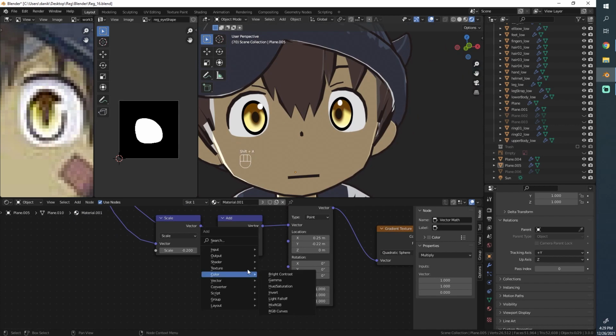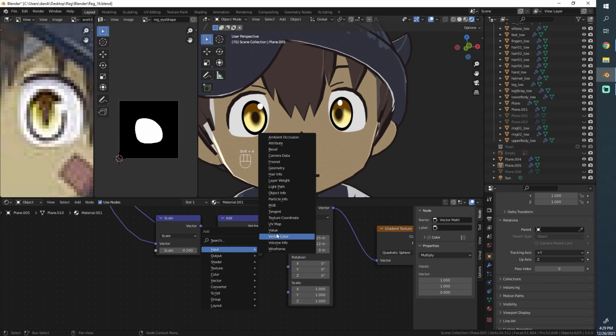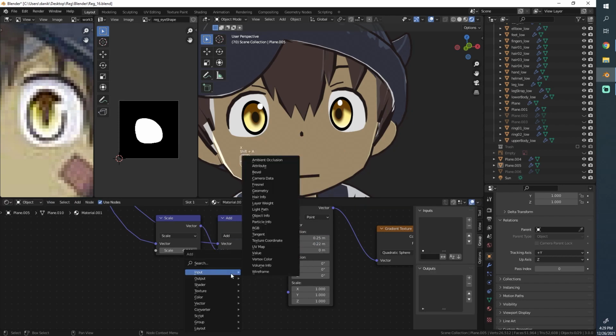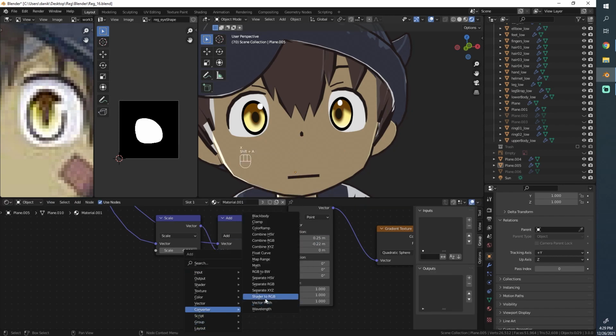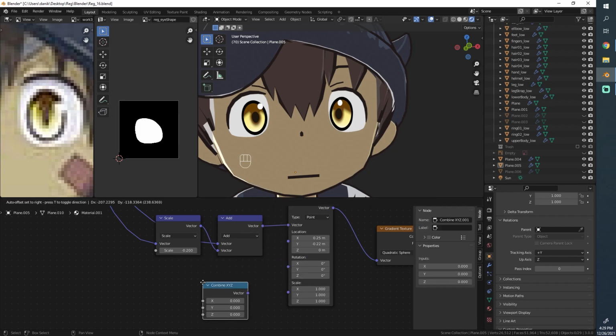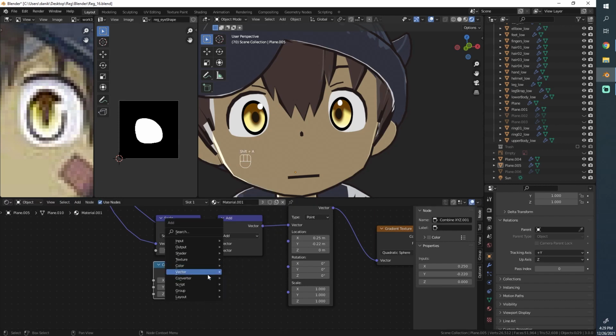It can be at 1. We'll use a vector. How can we create a vector easily? It's just a value. Right. Converter, combine XYZ. This one goes into here. Actually, we can copy these values. 0.25, minus 0.22. And this would go directly into here, but in between I'm just going to add a vector math